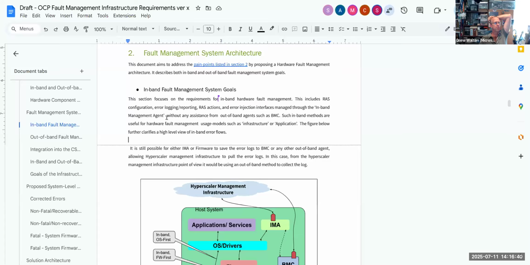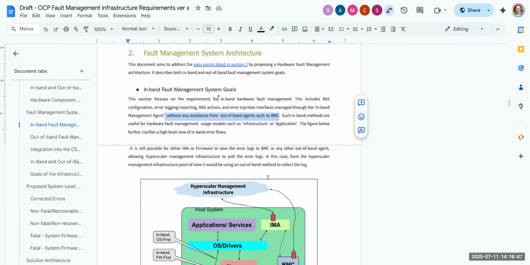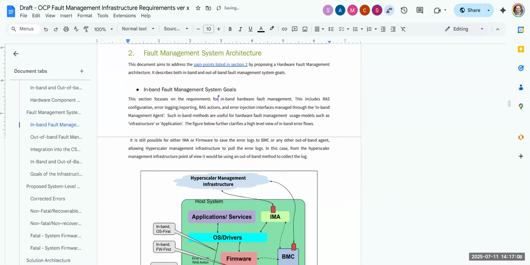I think, here's what I would recommend, Neil: we might just delete that line. It's a little bit dangerous. And then maybe the in-band method does work with the BMC. You could have an in-band collector that on a reboot went to the BMC and says, hey, do you have anything for me? Did I miss something? Yeah, and then just be consistent in the out-of-band section also. We should make the same kind of thought process.